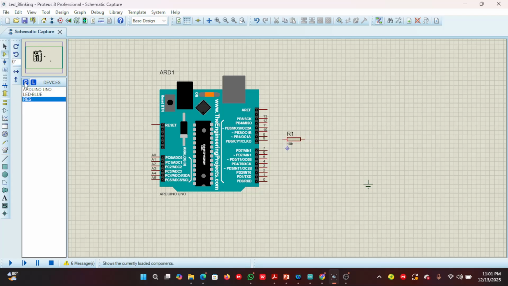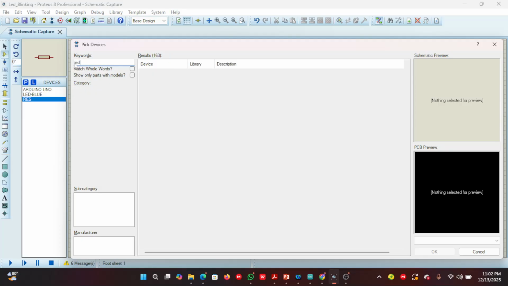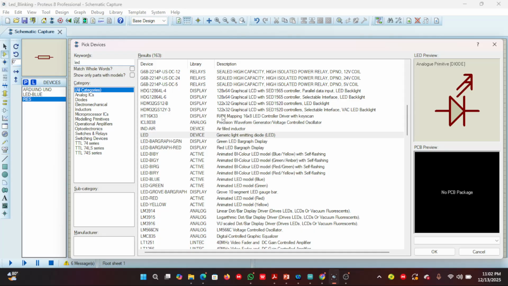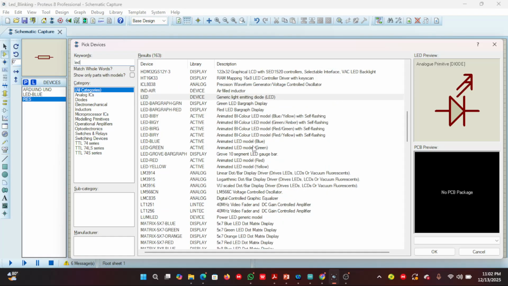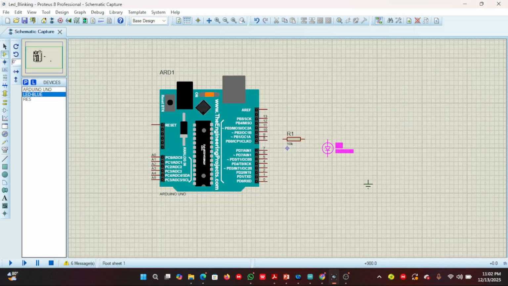Now go to that P again, pick, and type LED, light emitting diode. There are different types of light emitting diode, but in our case, I want to use the active one. So you check for those that are active. Those are the ones that are going to light up. So I want to use blue. You just click on OK. See, as it's at the tip, then click on OK,